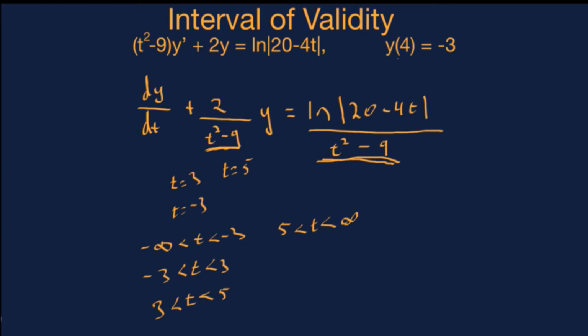So out of all of these intervals, the interval of validity of our problem is the one that contains the input value of our initial condition, which in this case is 4. So the interval of validity is this one, the one that is from but not including 3 to but not including 5. So now let's consider an initial value problem with a nonlinear differential equation in the form the derivative of y